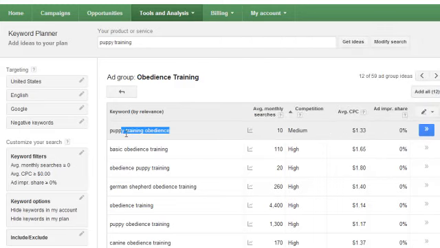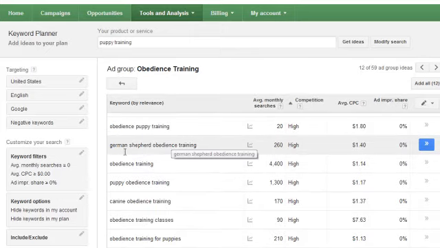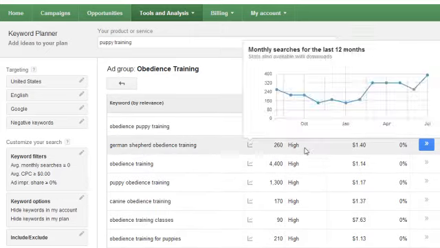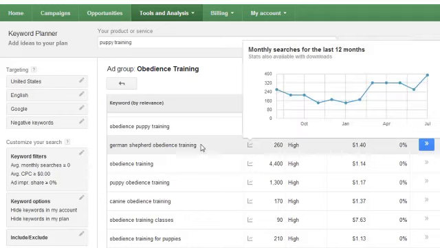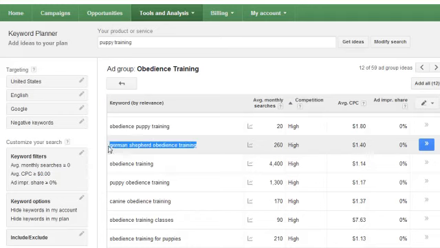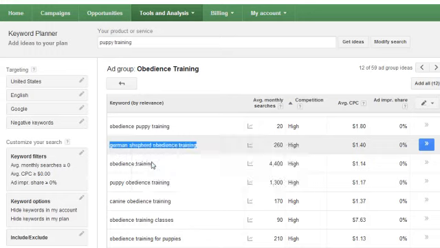Puppy training obedience. And one other thing that I like to look at is the keyword itself. So for example, German Shepherd obedience training is high. Yes, it gets 260 monthly searches, but if that niche is very profitable, that is worth taking a look at too. So what I like to do is highlight these, right click and search Google for that